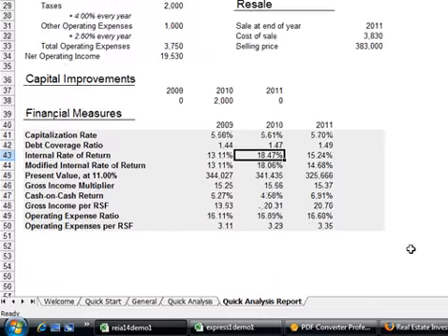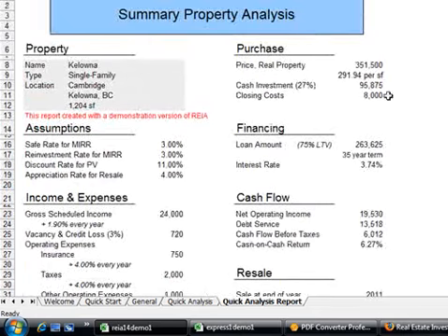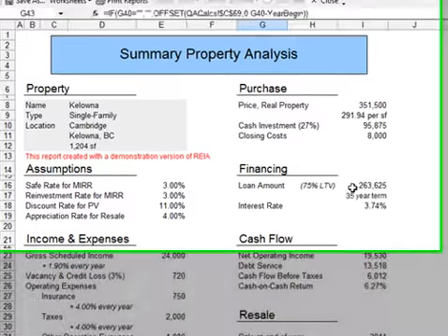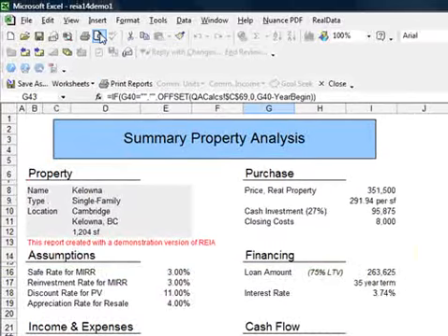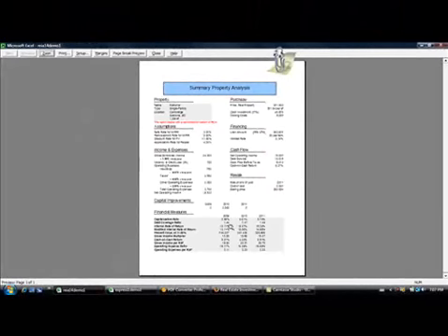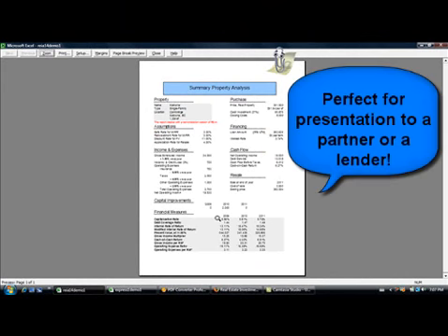This has a whole bunch of great stuff. One thing I do really like about this, besides that there are formulas already set for you, is if you want to print this, it's all nice and neat on one page. So it's already set up to easily print for you, and you're not going to have any run over onto another page